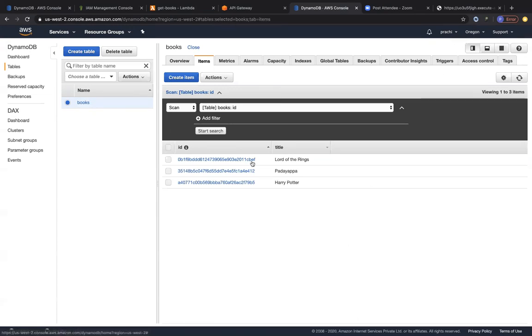This is in the Oregon region because you have enabled DynamoDB streams with global tables, so not only your source database has that, your destination database also has that, right? Now this is pretty cool because you have that multi-master database, and you have this table in another region. In terms of failover and recovery strategies, you are set up pretty well right now. We also have that in-memory caching engine that we can create called DAX. I would like you guys to go ahead and create a cluster in DAX for your DynamoDB table and also try that out.